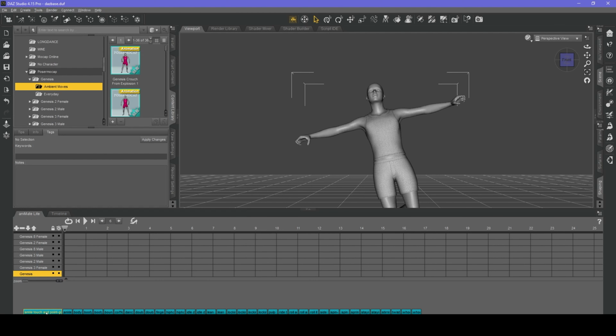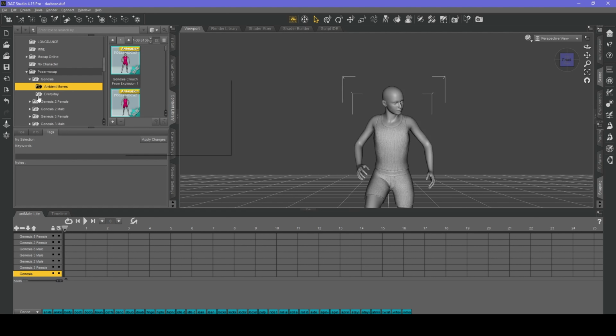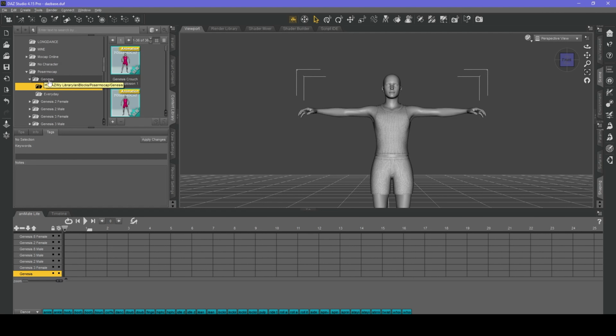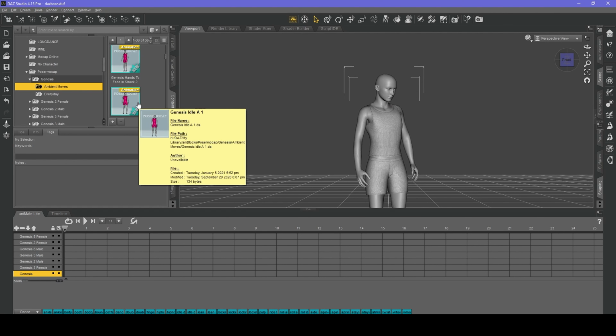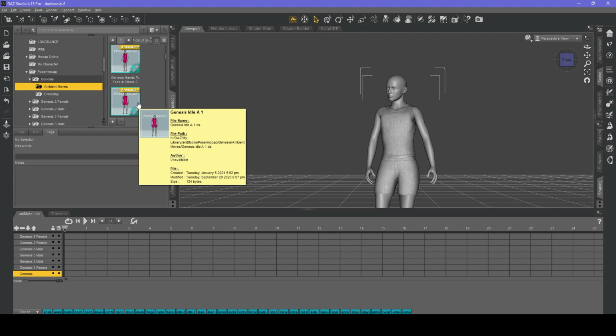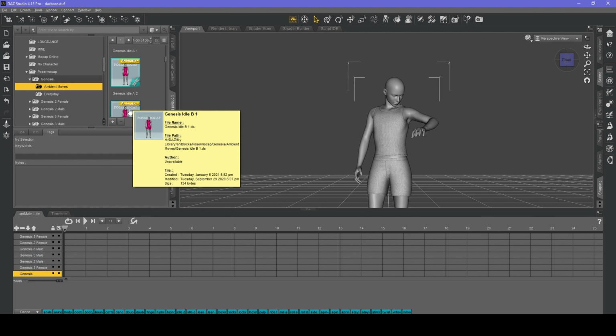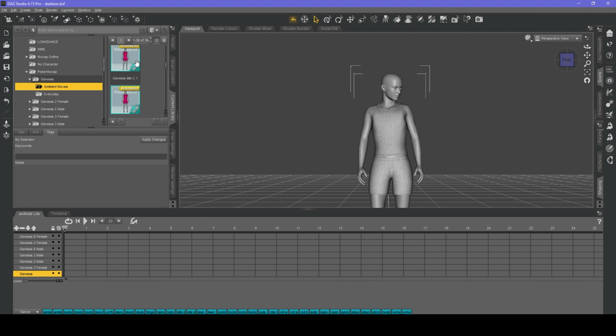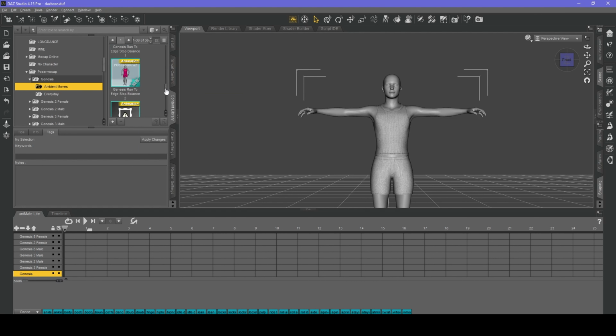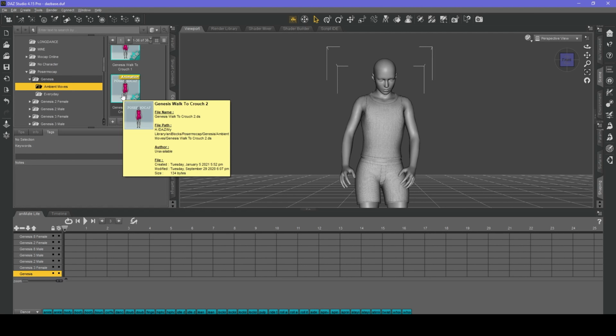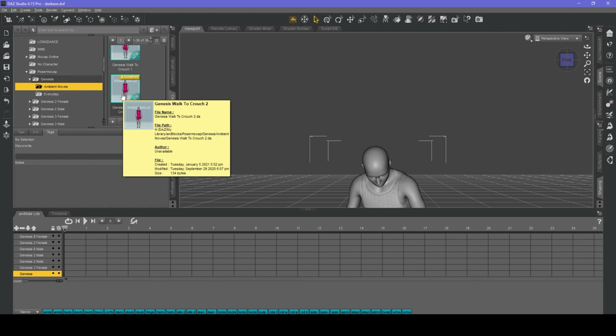I think the Genesis 2, those ones. Anyway, what I have here is some old, and I mean very old, Genesis animations for the original Genesis character. We have various ones that I found on a hard drive, and as you can see, there's idle animations and such. There's quite a few in this particular folder.